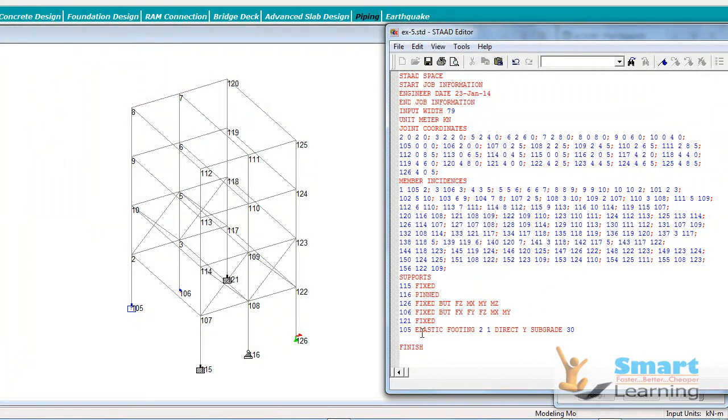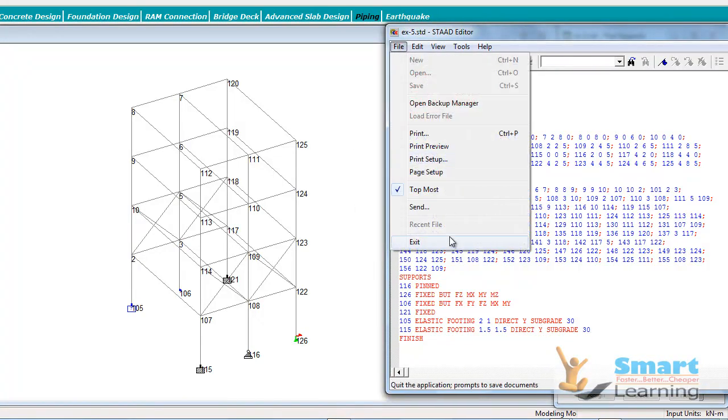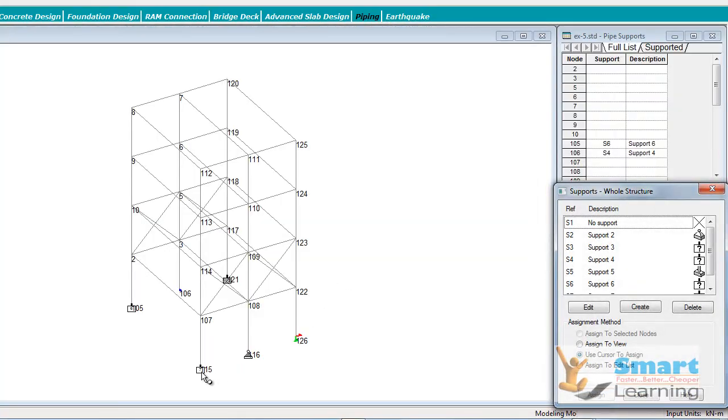For example, I'm not interested in this 115, so 115 I'll be deleting, and this particular code I'll be using for 115, and the specification for this will be 1.5, and this is 1.5 square, and direction is Y, and subgrade is 30, and I will save this, and I will go for exit. And now you can see here also you have the specification which is ready